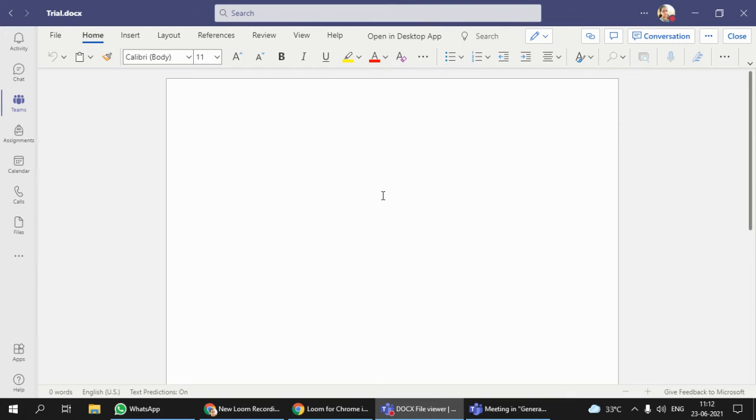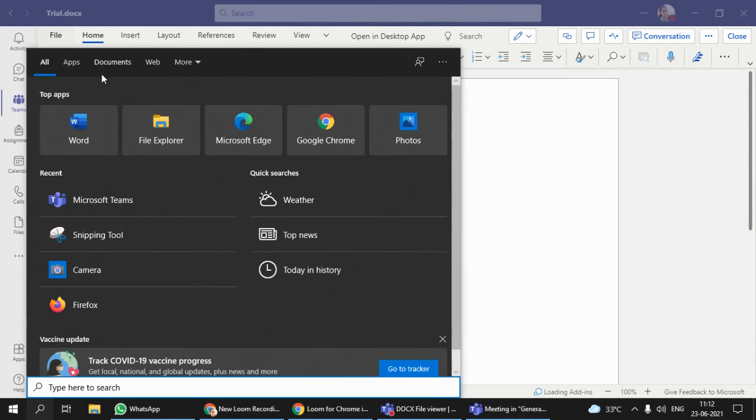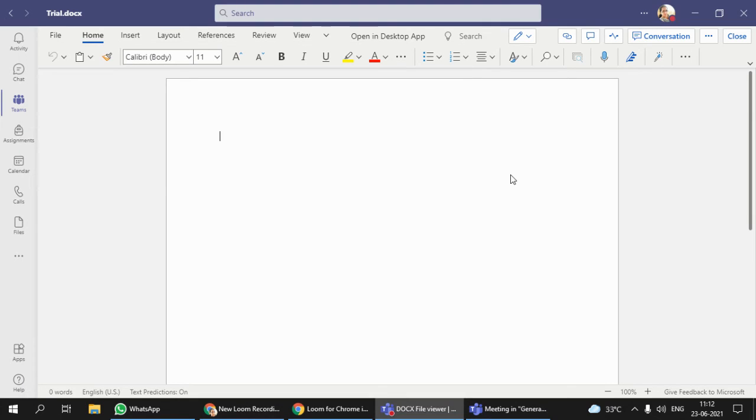Usually, when we want to open a document, we go to our system and click the Word document that is inside our system, right? But this option is creating a Word document within MS Teams. So when you're done with the document and want to save the file, you have the option to save it right within MS Teams itself so that it is accessible for your students.